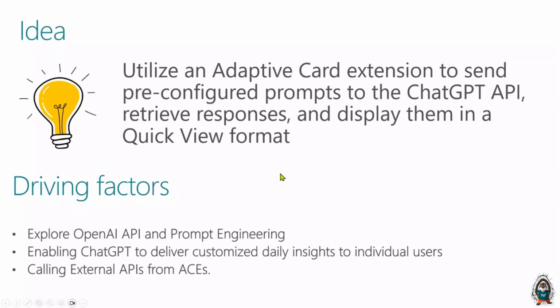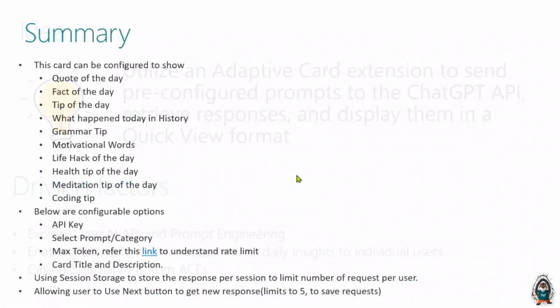So we started with some prompts like, if it can give us a fact of the day, a quote of the day, and a programming tip or grammar tip, which we will see. And so we thought we can use this prompt engineering to make something usable, wherein rather than asking the user to send something to the OpenAI API, we can pre-configure that prompt in our code and then make the request